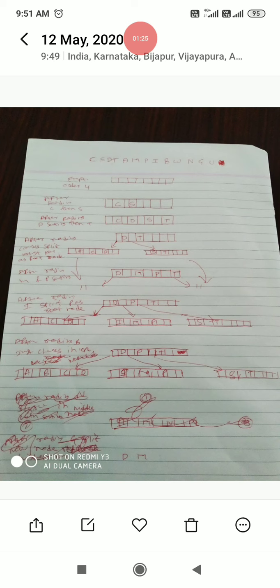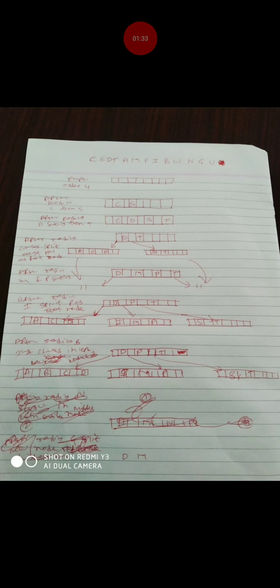So now this is the B-tree of order 4. Here all 4 values are filled. Next, when we read A, that is the 5th element. Here we can store only 4 elements maximum. As you see in the properties of a B-tree, every node can store a maximum of m and a minimum of m/2. That means minimum 2 elements, maximum 4 elements. So already 4 elements are there, so once we read A, we need to split.